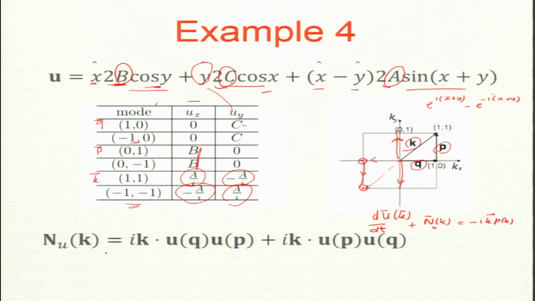So, the nonlinear term is a convolution. Now, the real computation of the convolution is being done. Please focus on it. I will share this slide, so do not write all the steps. The convolution is k dot u(q) u(p), summed over all possible p's, so once it will come as u(p) and another time it will come as u(q).